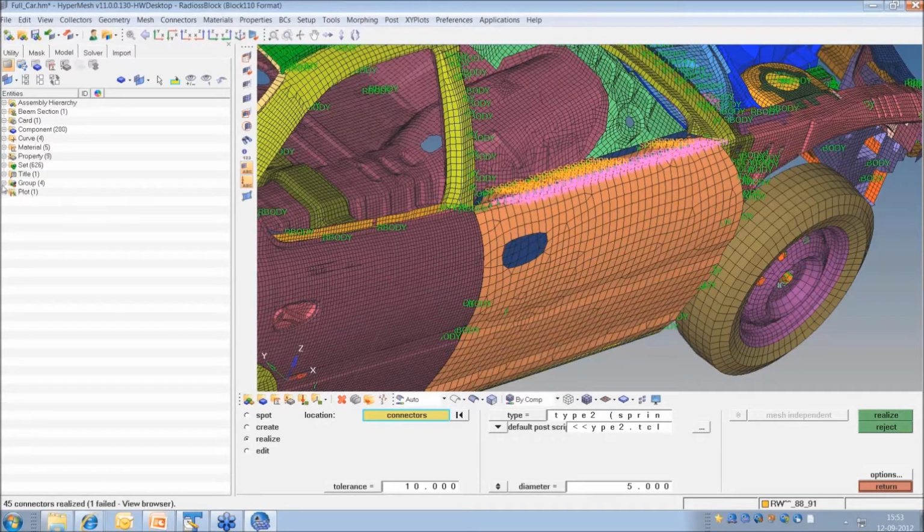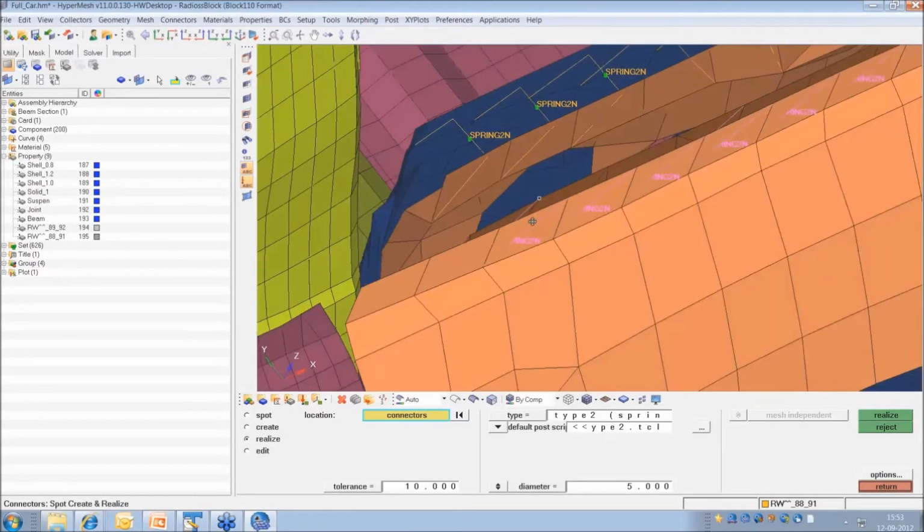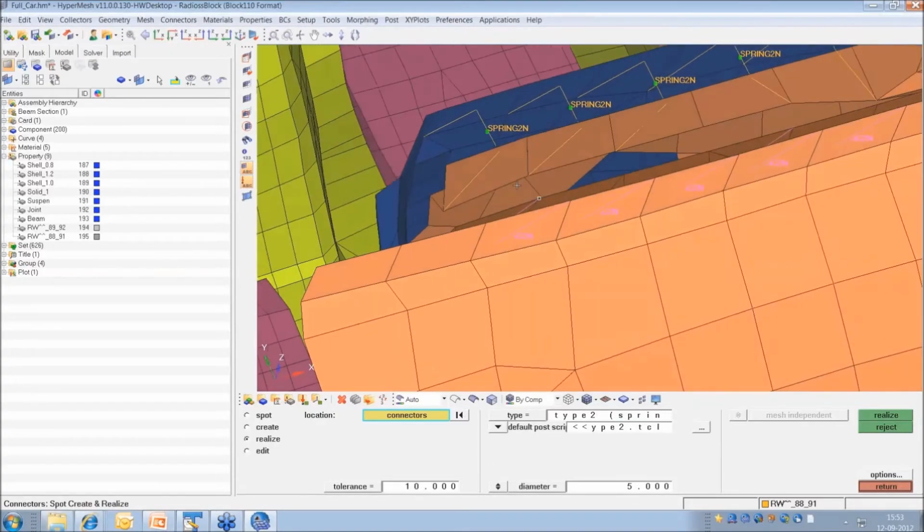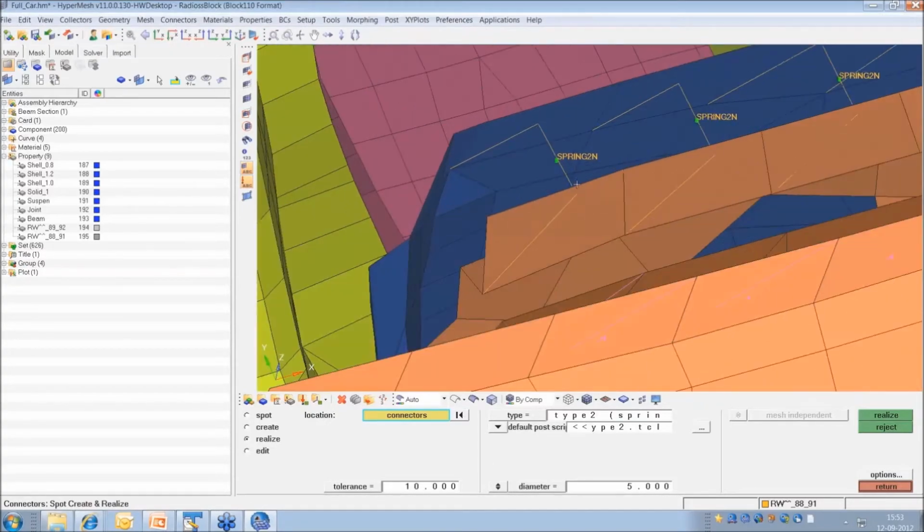If you see, it has created a group automatically, and the property count was earlier 7, now it is 9. You have 2 new properties here, and components also increased. So what I'm trying to tell is, when you create a spot weld, it will create a spring element. It will also create a contact between these two panels. You have the plotted elements here. So these elements, what you're seeing, they are the plotted elements, but your weld element is this one, which is spring to N.